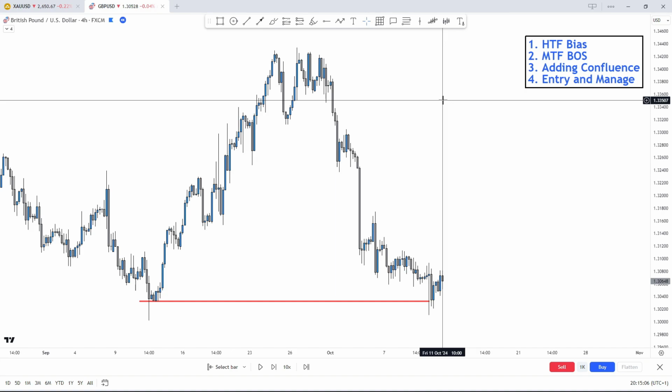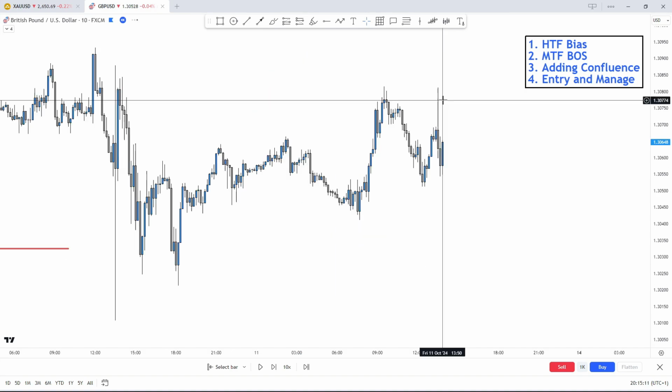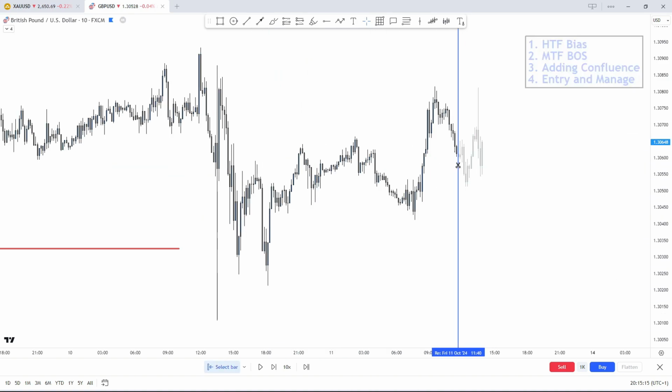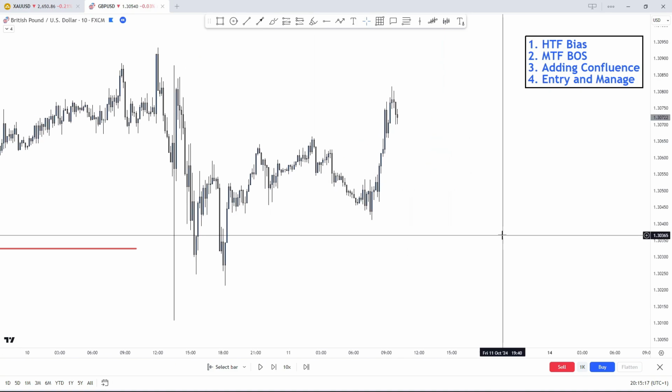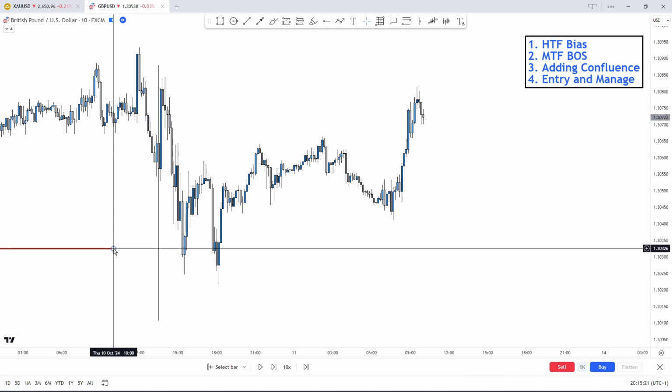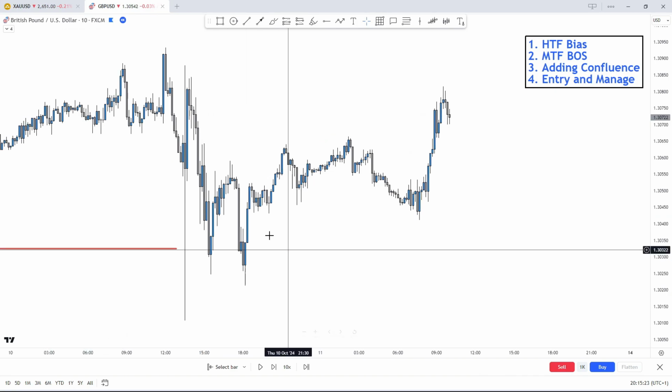Step 2 is we move on to the middle time frame. So I will be moving on to the 15, actually we'll move on to the 10-minute time frame to begin to analyze price. Let me just replay price out there. All right, cool. So we can see that this is where price swept the level,